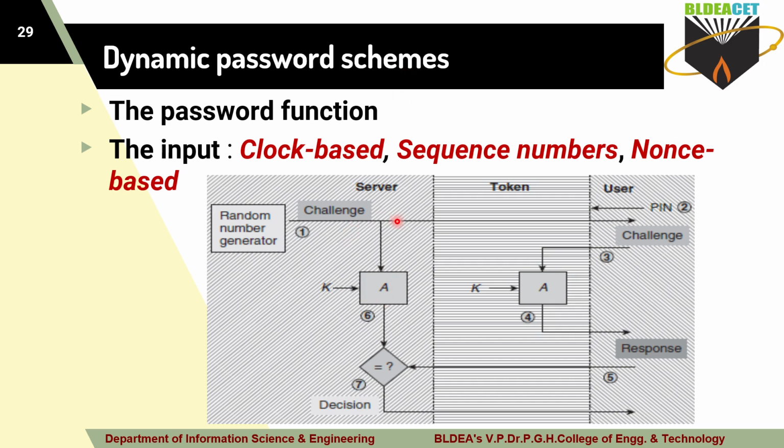So what is this challenge? It is random. Like if I take your online banking, what is the procedure? First you have to enter your username and password. While making a transaction, you have to enter your OTP. OTP is like your challenge. That OTP is the one-time password. Only once you make the transaction; after completion of that transaction, if you want to do one more transaction, then you require another OTP. So that OTP is what we call a challenge here.